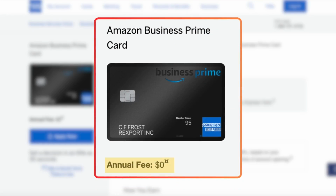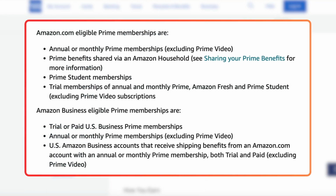More details about this card is that it has a $0 annual fee. This is always nice to sign up for cards with no annual fee because it will never penalize you to keep this card open. Of course, you are going to have an Amazon Prime membership in order to be eligible